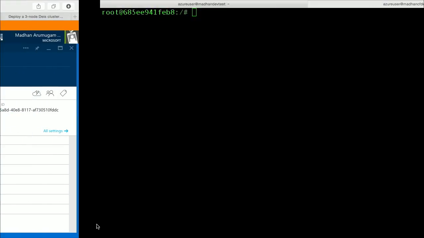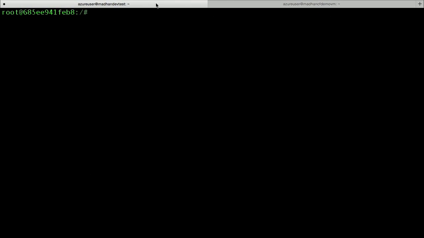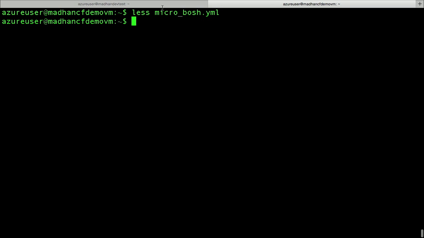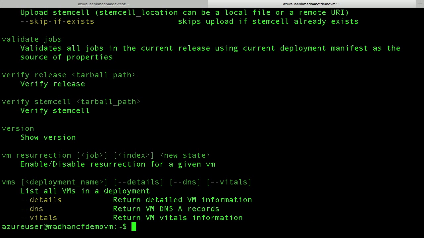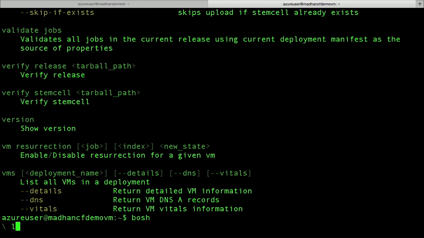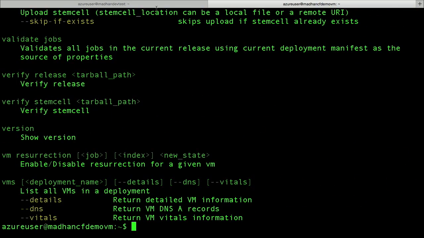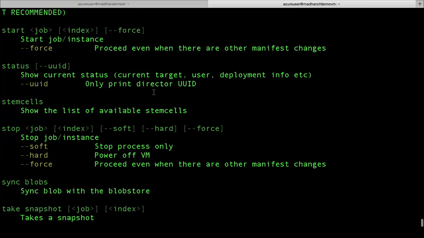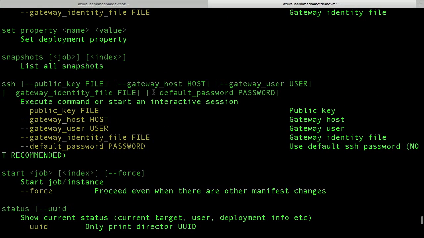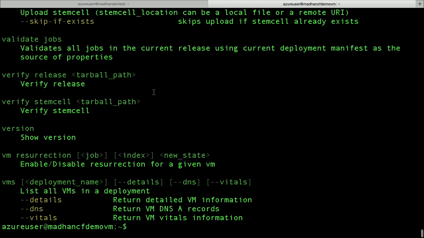So if I go here, this is the Cloud Foundry Demo VM. Remember, we saw Madan CF Demo VM. I've logged into the VM. And if I type in BOSH, the entire tool set is already bootstrapped, right? So now I have all the things that I would need to get going with BOSH. BOSH is, like I said, the command line interface for deploying some of the Cloud Foundry, what you call a micro BOSH.